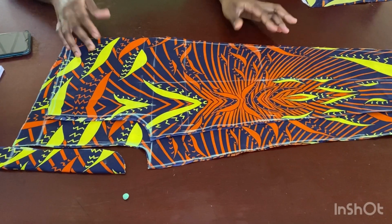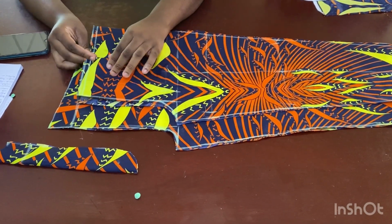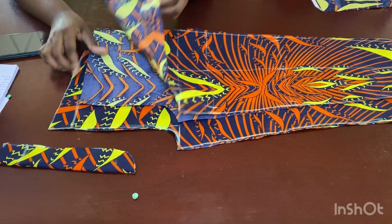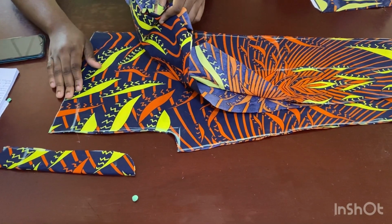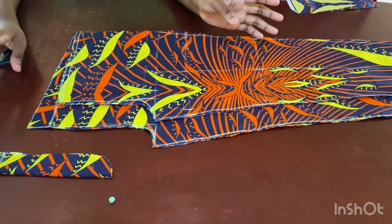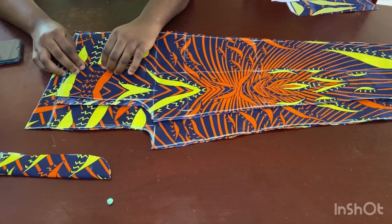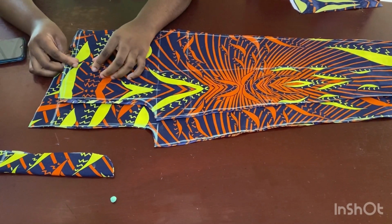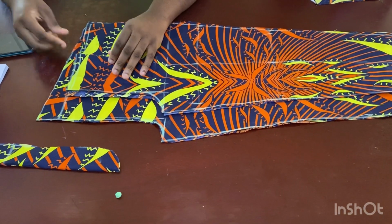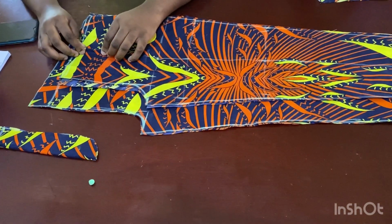So guys, this is it here. I've gone ahead and cut it. So all I have to do is just to, I'll give it a dart in front, but if you want, you can just join the two side of the front, the two back panel, and just put it together, put your band on the waist, and that's basically it. It depends on you, but I just want the front to look a little bit fitted, so I might just go ahead and put in a dart, although there's still going to be elastic all round, but just to reduce some of the bulk that will come with it,